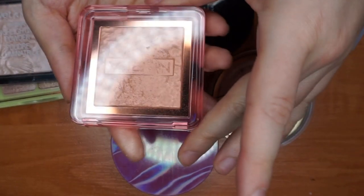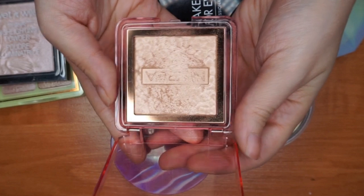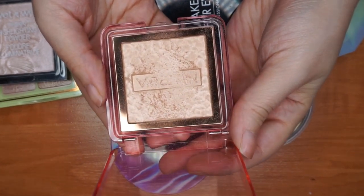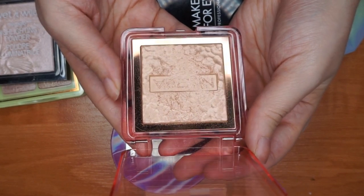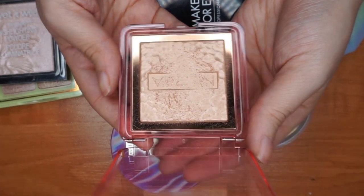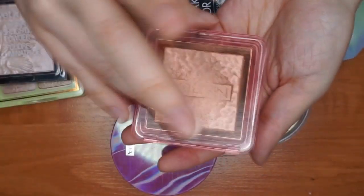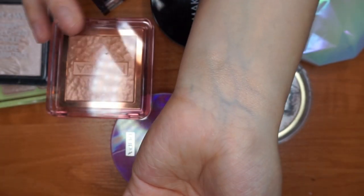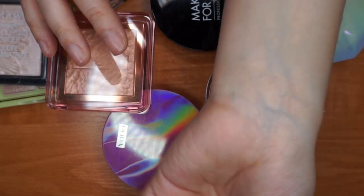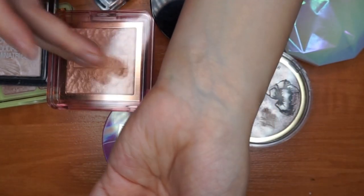One more Nabla that I'm keeping. This is the Nabla highlighter in Privilege, and this is a very barely there, luminous-from-within highlighter, at least on my skin tone. I feel that on someone darker than me, it would be more obvious that it's a highlighter type product. It's still got that colorful base, but it's much more subtle and sheeny and reflective,